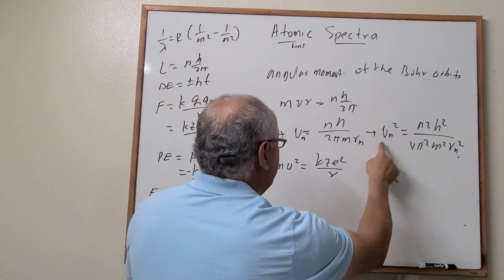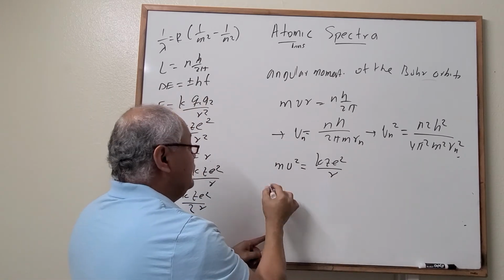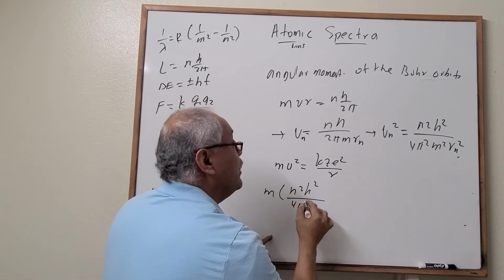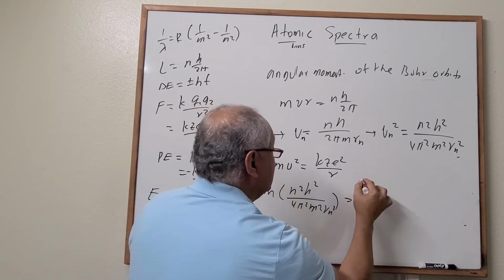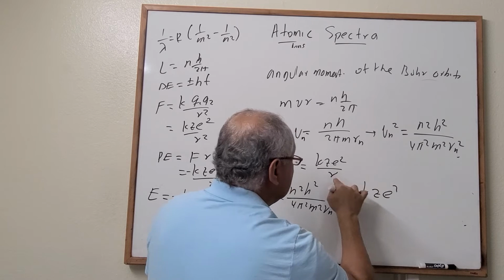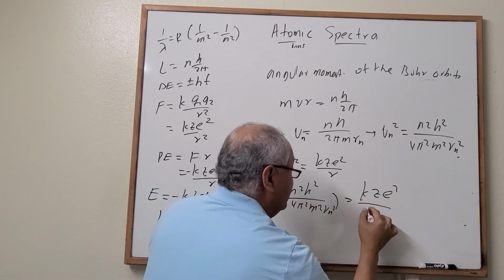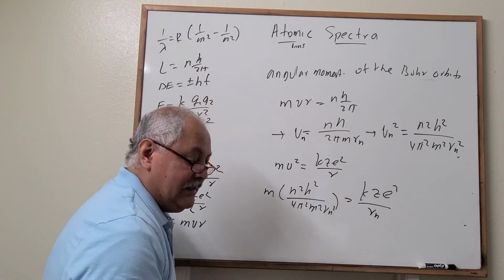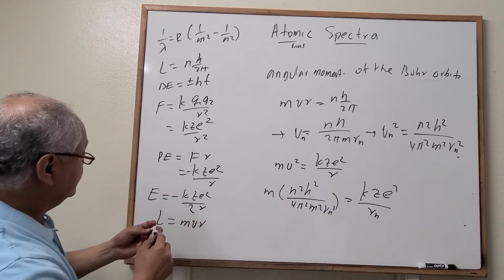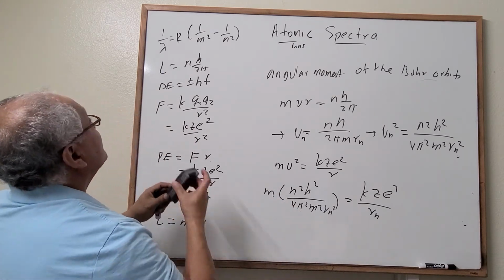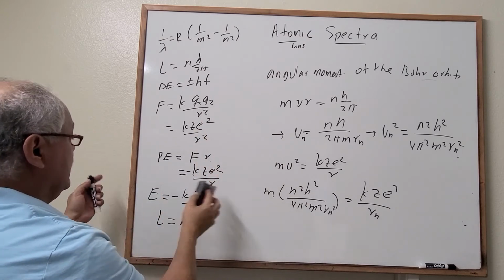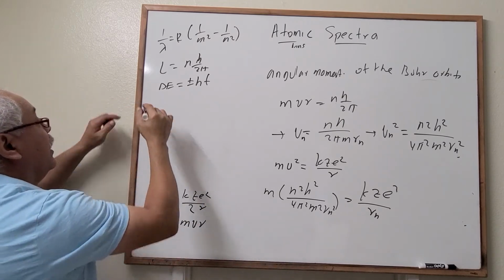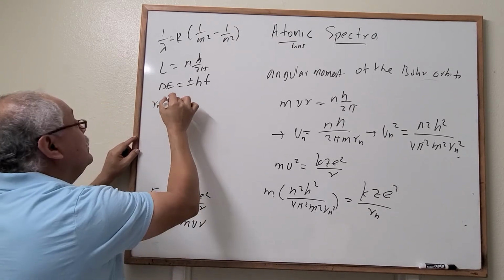Now let's plug this value right here, and what do we have? Well, we have m times n squared h squared divided by 4 pi squared m squared r sub n squared must be equal to k z e. Let's make the same r, r sub n. When we arrange this, we're going to get that r sub n. Let me erase some parts right here. We have that r sub n is equal to